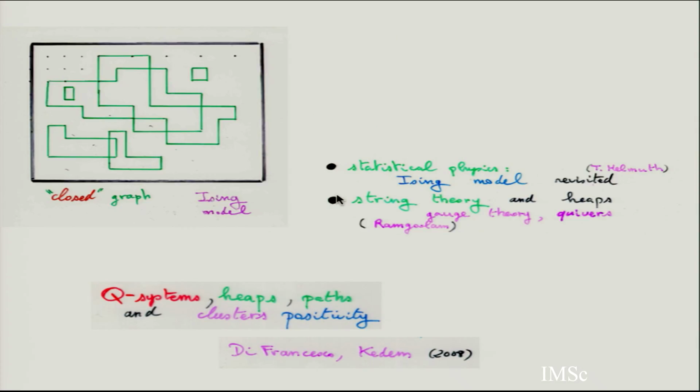Also, there is statistical physics. There is a resolution of the Ising model by Helmut, and you have to count such loops, such a graph, by number of edges. At each vertex there are 0, 2, or 4 edges. This is the Kac-Ward approach. You can put some paths on this. You can follow the edges. So put oriented loops, but there are many ways to do this. So you can kill every loop to get back this with no orientation. So you can have an involution killing all of them.